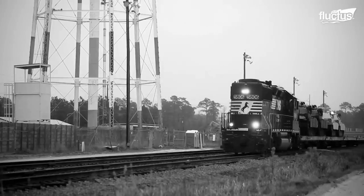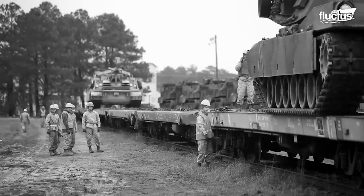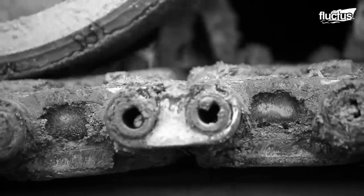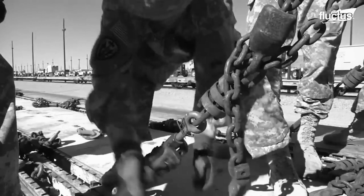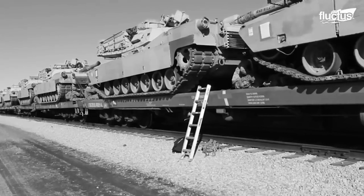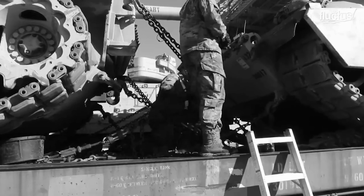DODX flat cars that accommodate these tanks are equipped with a special load securing system. This system has 4 anchor channels that run along the length of the car. Anchors with chains and turnbuckles are also provided to secure the vehicle to the channels. Once the tank is in the correct position, the anchors are firmly seated on the anchor channels and then locked in